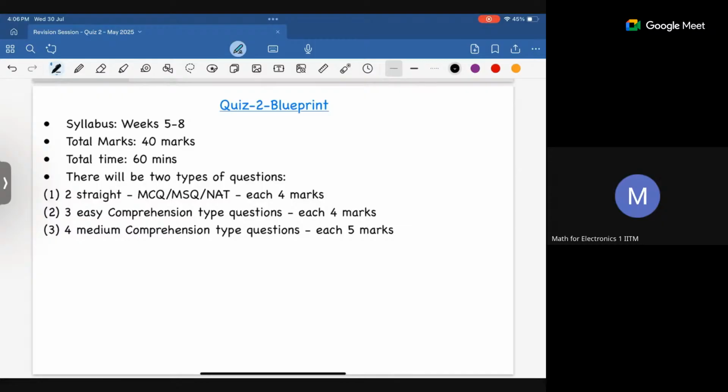Okay, so if you know math, you can easily guess the number of questions that are going to come in the exam, as well as the total marks will sum up to 40. Everything is all set. Okay. So a few things to get good or reasonable marks, better marks in quiz 2. A few things that you should definitely follow are